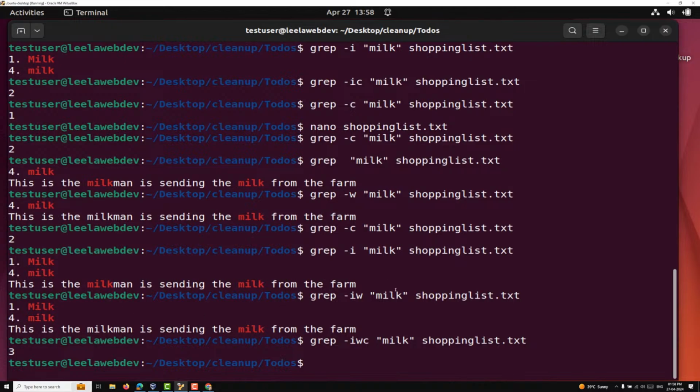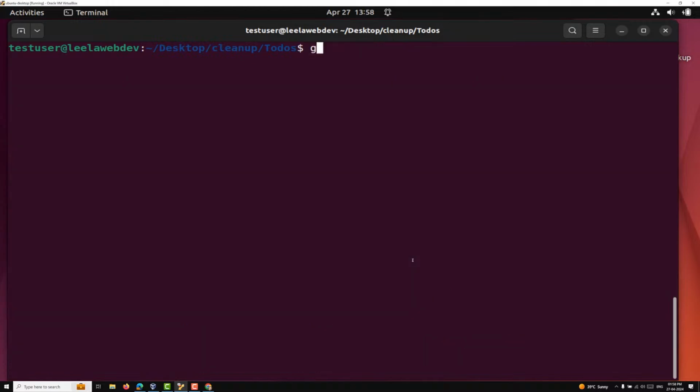Now another thing I want to explain. These are the options. Now, let's say we are searching only a single file. I will go outside, and here I want to search in the entire to-dos directory with grep. Then I can use -r, recursive search, which we also use with the rm command. The pattern I want to match is Leela, and the directory will be the current directory, that is dot. Now if I press enter, you will see